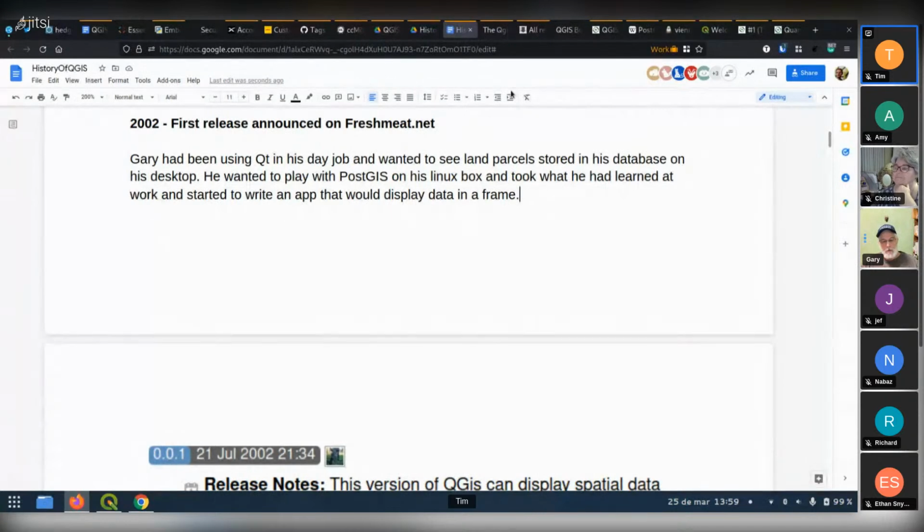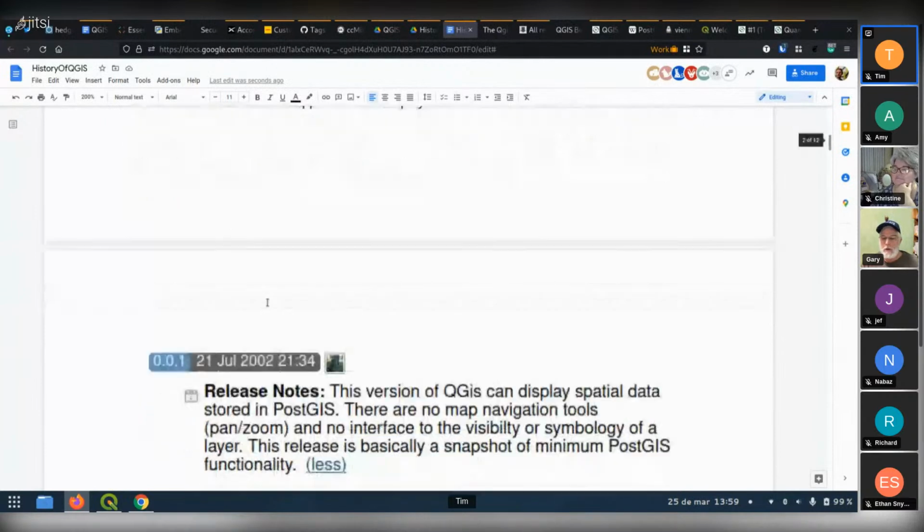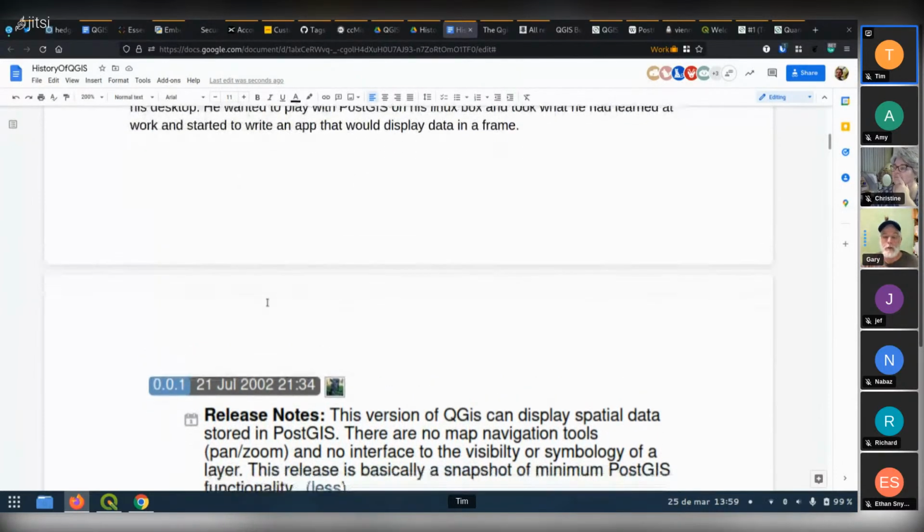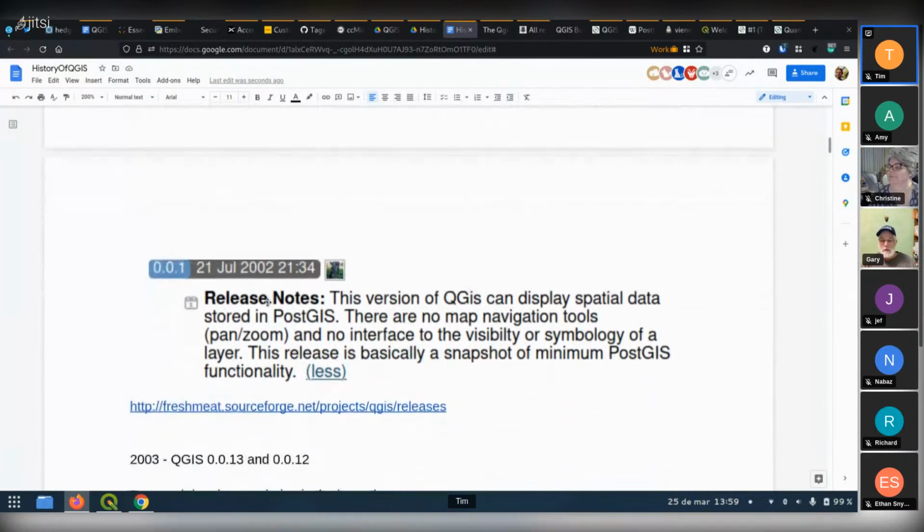I think it was around, you have the date there, 21st of July, I actually kind of threw the thing out there to the world, more or less, and generated some interest, and people started helping, and somebody said, well, we want to see more than just PostGIS. So then we ended up with